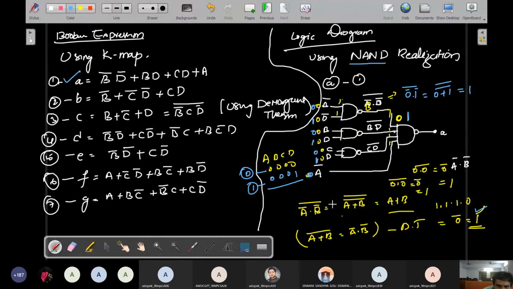Okay, similarly, come to the second case. In this equation, I'll give you B is 0, D is 1. So that is called 0 dot 1 whole bar. So this is called 0 bar, this is called 1. Okay, right. And see, this is C bar D bar. C bar means C is 0 and D bar is 1 whole bar. So this is 0 bar is equal to 1, because multiplication 0 dot 1 is 0, bar whole 1. So this output is also 1.